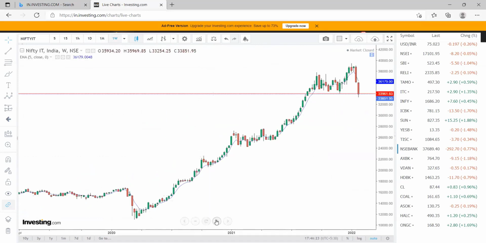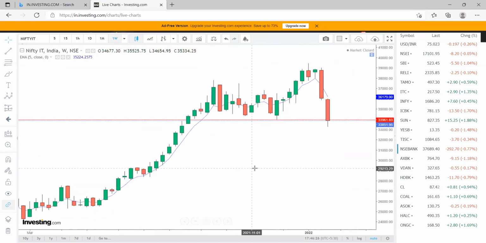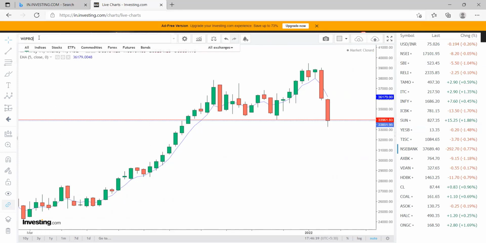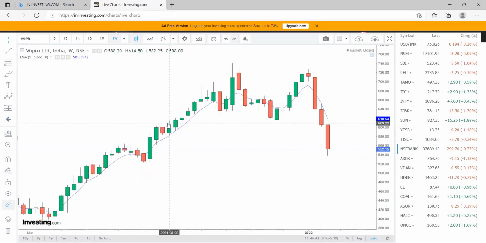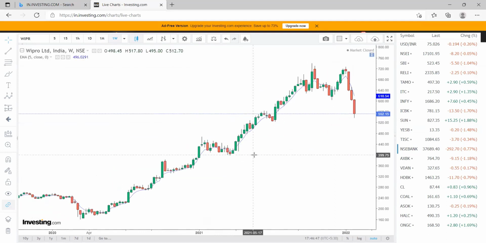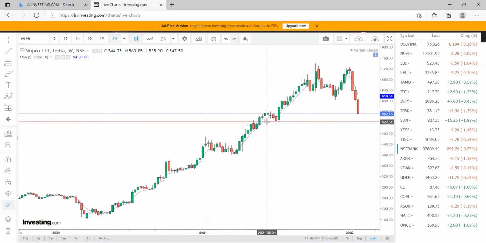Okay, so don't assume that it will take support here. If it takes support and goes up, then the IT sector would be good. So look out for individual stocks, probably you can take Infosys or Wipro. Stocks like Infosys and Wipro would be good, provided the index or the IT sector does well. Okay, so it has come to the supports over here. If the index has come to support, then most of the individual stocks are also coming near the support. And if you find that it takes support and then goes up,